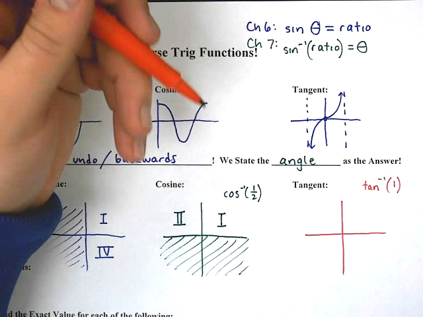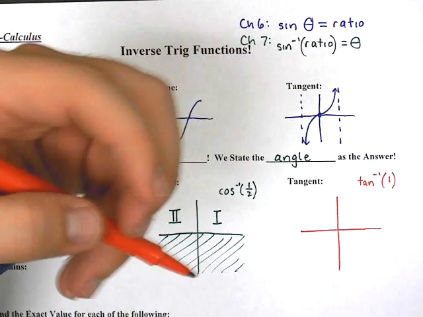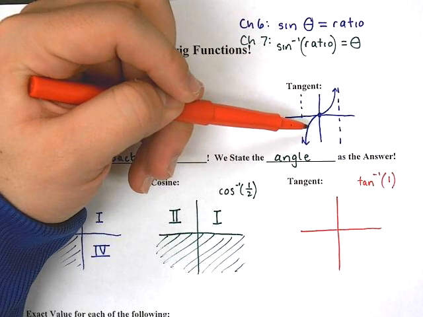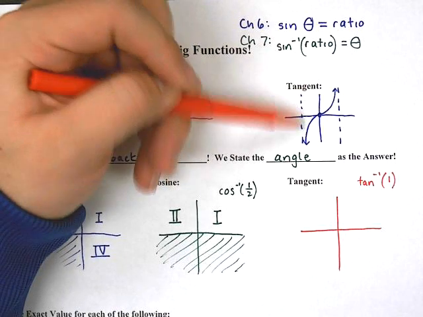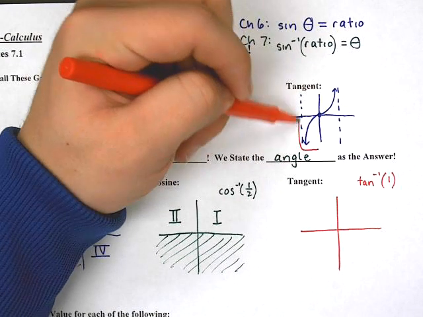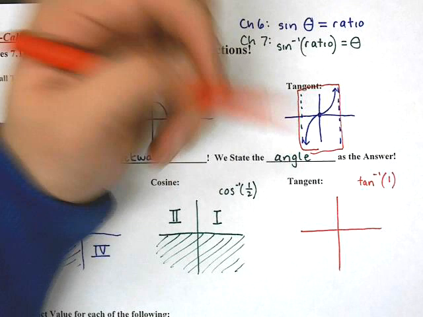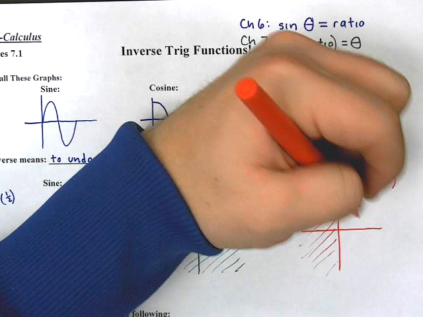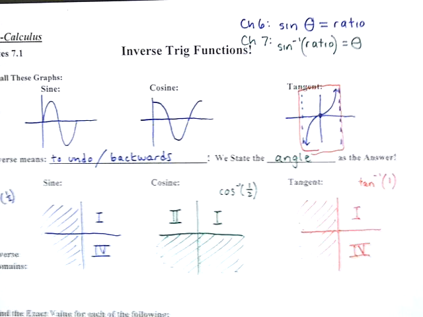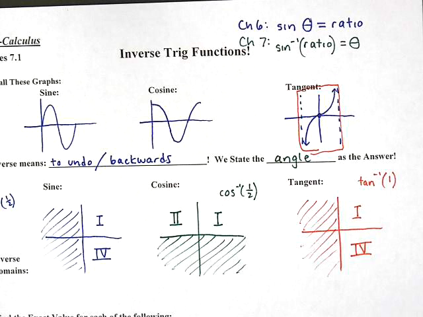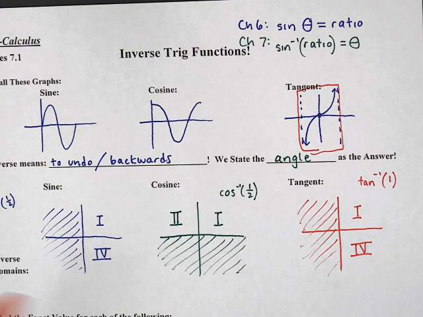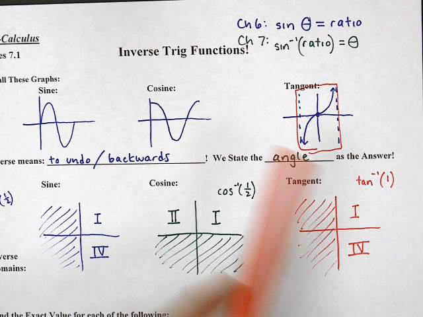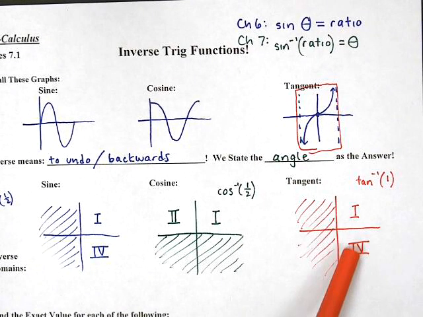So once again, to be less ambiguous, we're going to just always choose quadrants 4 and 1 because of our graph right here. You see how this is quadrant 4 and quadrant 1? So once again, just like sine, we're only going to use quadrants 1 and 4 when answering inverse tangent problems. Okay? So that means if you get some answer that's like 5 pi over 3, well, what's the problem with 5 pi over 3, which is in quadrant 4,